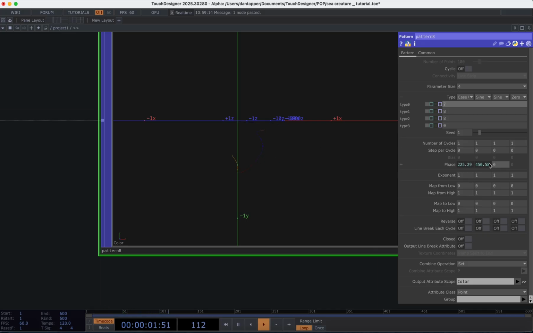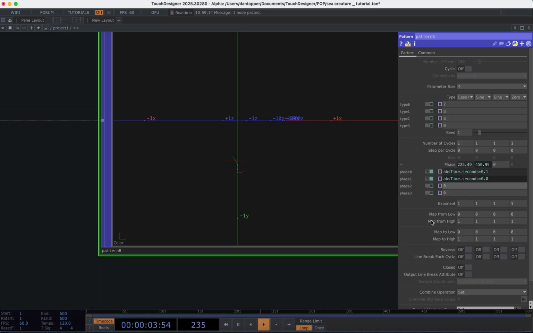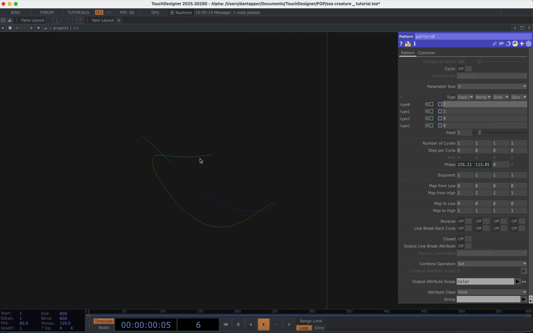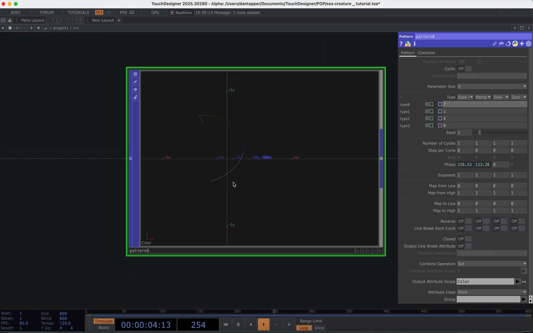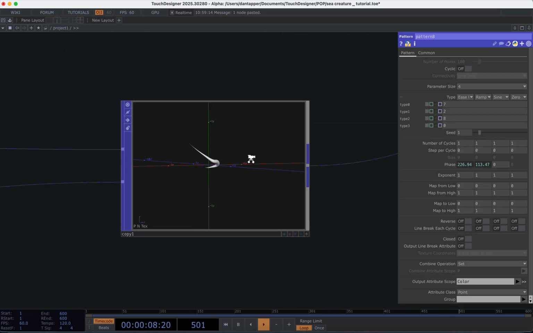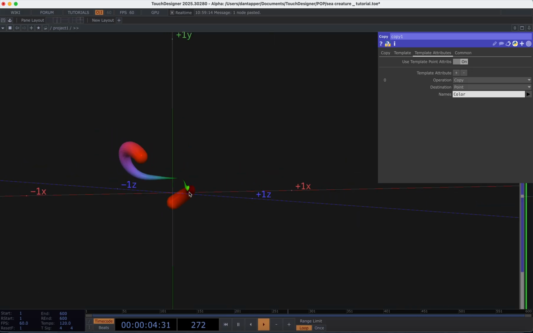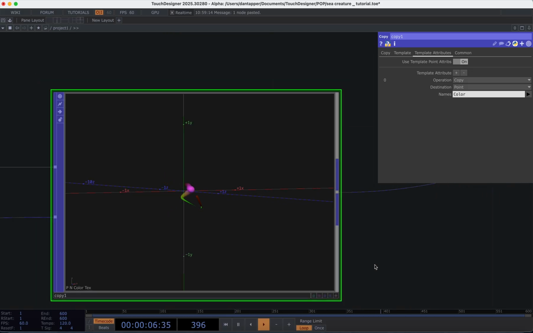So that's kind of nice, but I'll slow that down a little bit. And let's try that ramp again. The ramp will basically move that color through. We can see it's kind of going from the top to the bottom, which could be a nice effect. Let's see how that manifests here when we actually apply it. Yeah, see, I don't really like that because it's